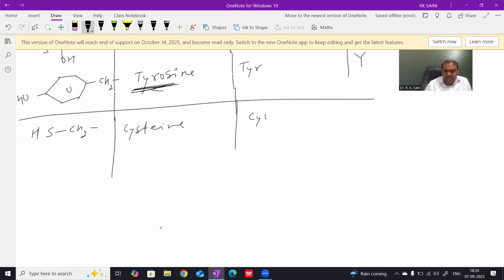The three letter code is CYS and the single letter code is C. Another, when two extra carbons with thioether form CH3S CH2 are at the place of G, then this amino acid is known as